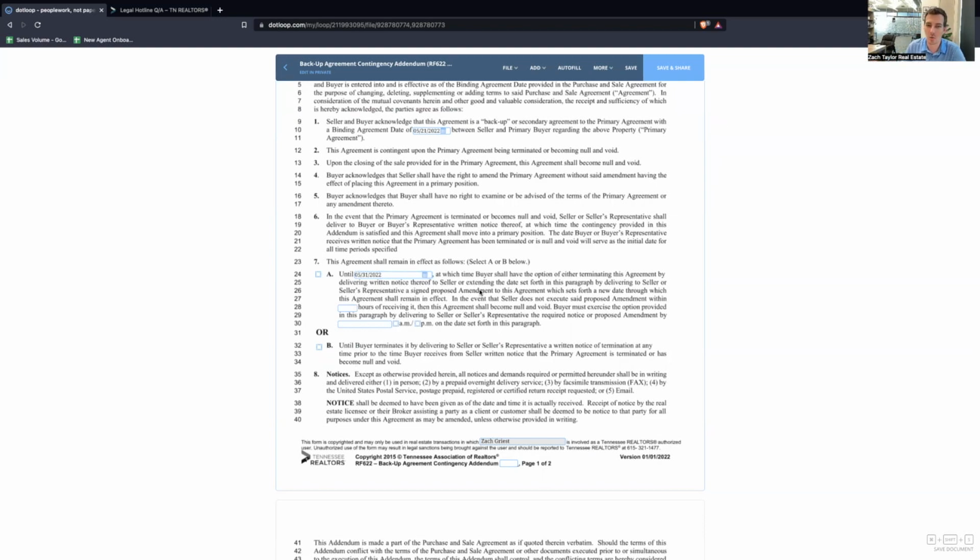And that's kind of why I don't really care for this first one, is because the seller has to agree to that extension. And it's just one more time frame for you guys to have to remember as a backup agreement. You might be out writing other offers on different homes or whatever else. And unless you're keeping up with this, I like to just do B, because this is saying this agreement shall